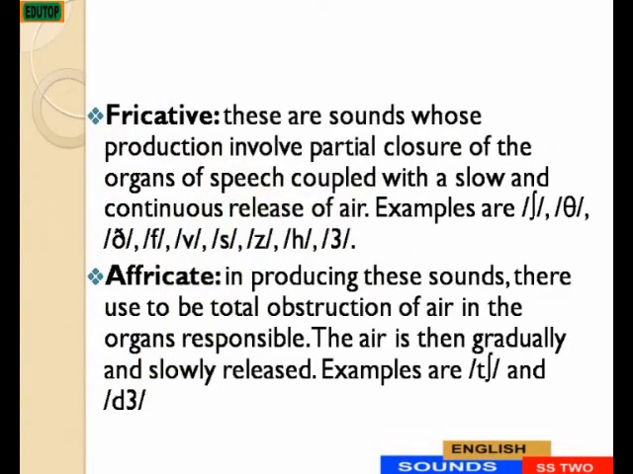The next one is fricative. Fricative sounds are produced when there is a partial closure in the organ of speech, coupled with a slow and continuous release of air. So unlike the plosive sounds,